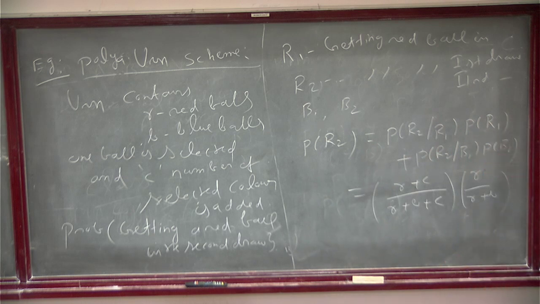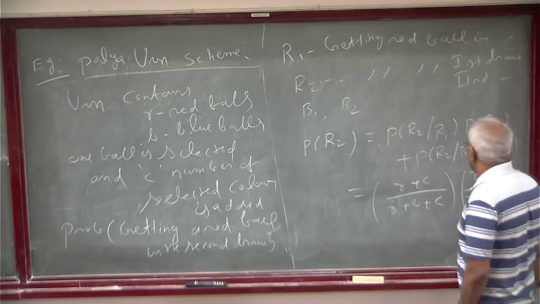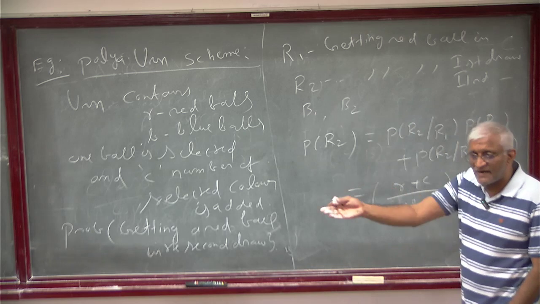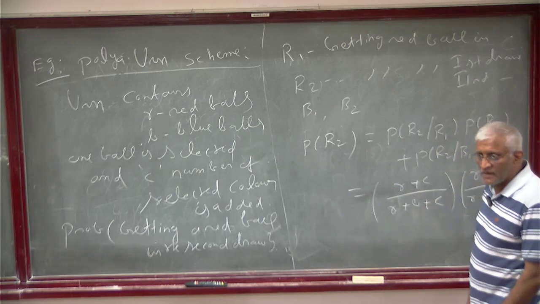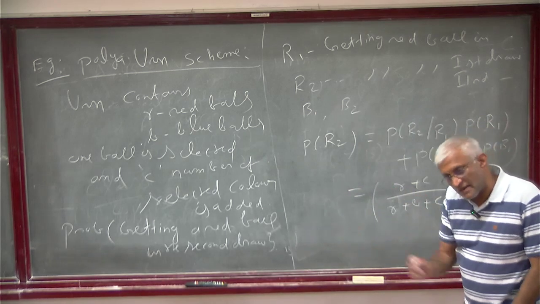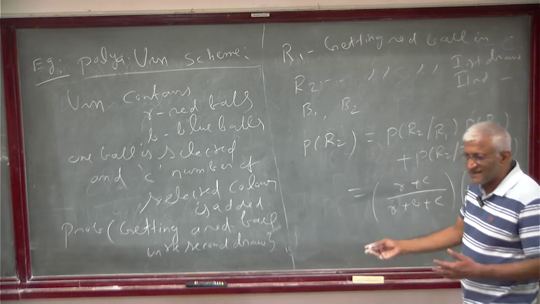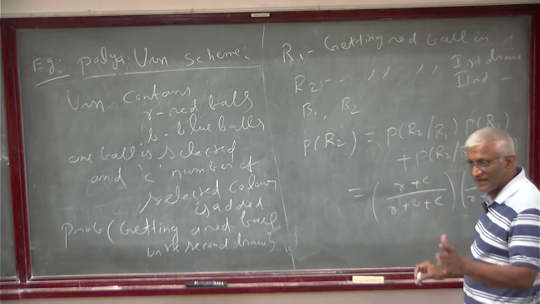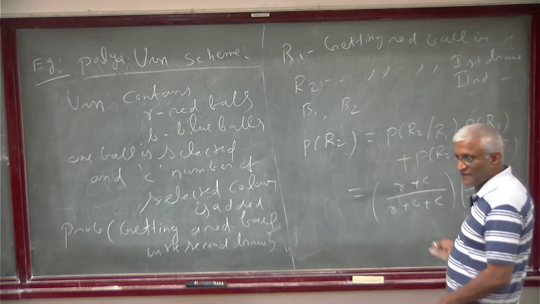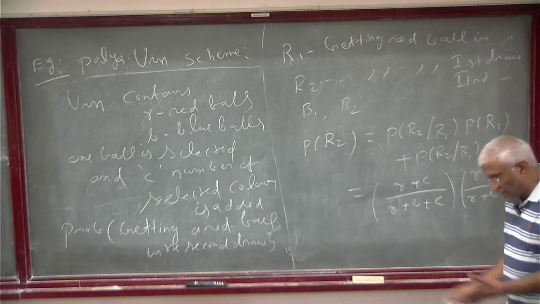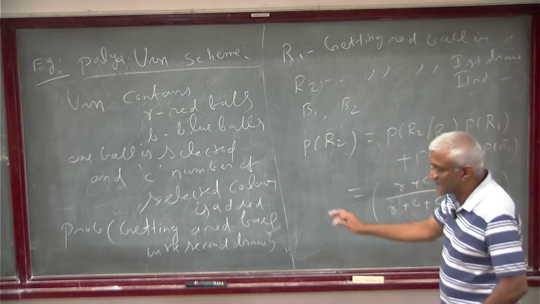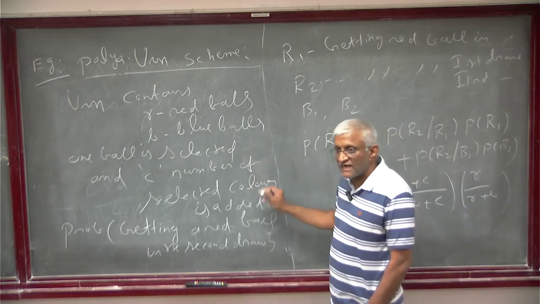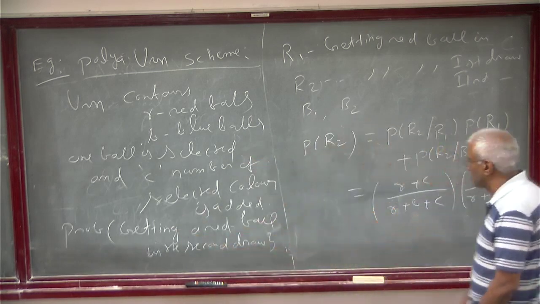R minus 1? No. R plus C, it's not minus 1. C balls are added to that. One ball is taken, but minus 1 is not going to change much. Let's not complicate it. The idea is to get the same probability. Take the ball, put it together with C balls. It is just selected, not removed. Everything is put back.